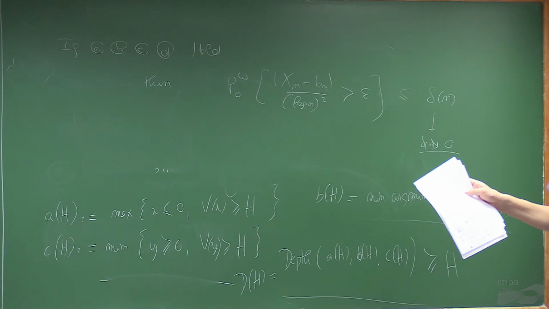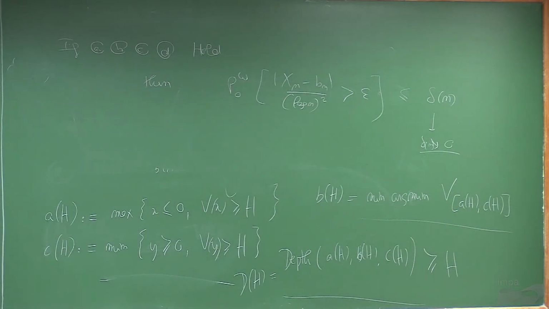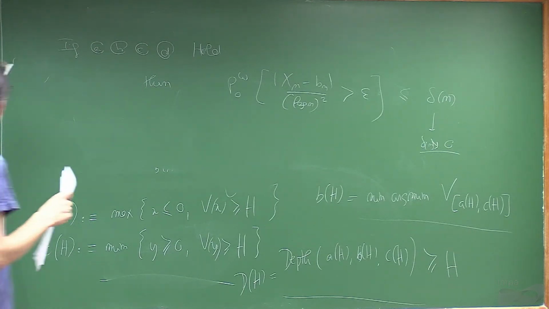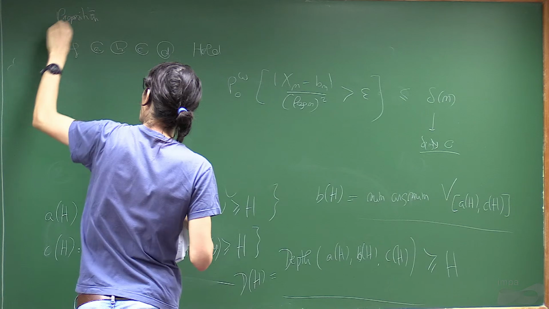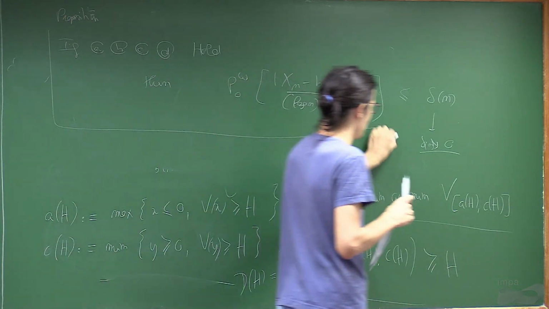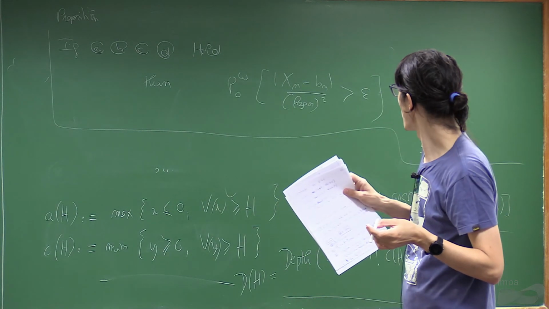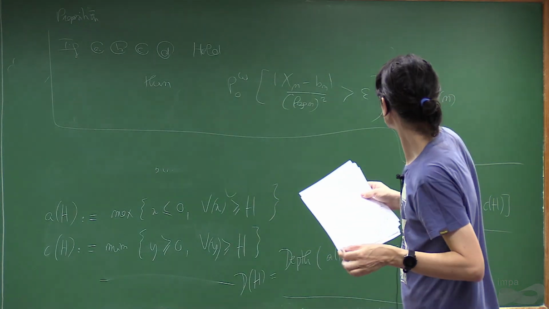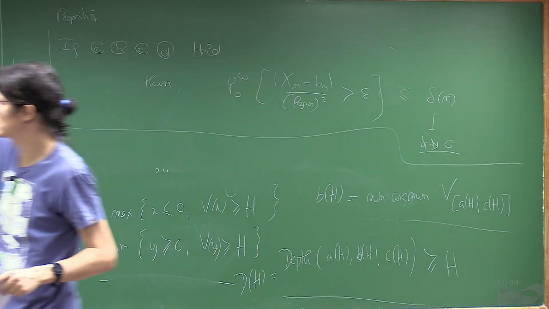Okay, and combining the lemma, this would be lemma 1, and this would be a proposition. If you combine the lemma and the proposition, then you have the first part of Sinai's theorem. Because when you want to estimate this, you're just averaging